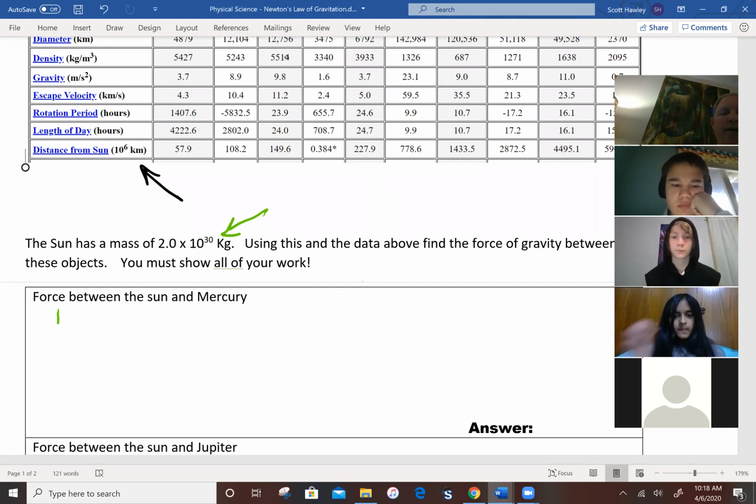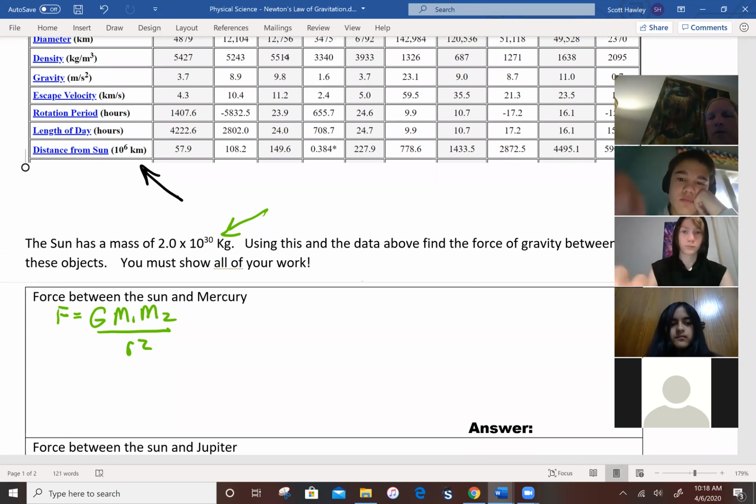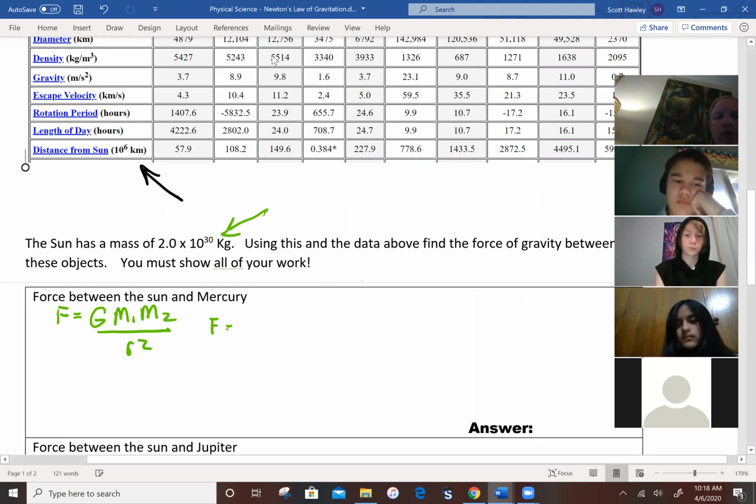Okay, so ready, do this. Everybody write down the equation. Okay, and now we're just going to fill in the equation. How hard is the sun pulling on Mercury? Okay, so you're going to go like this: F equals,